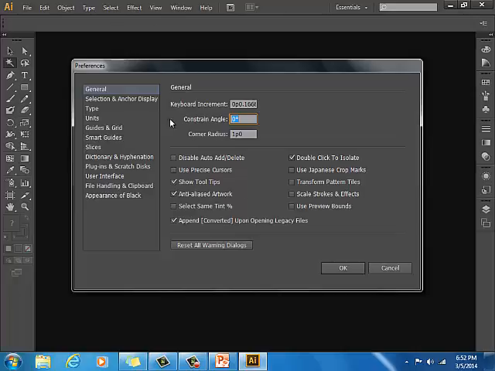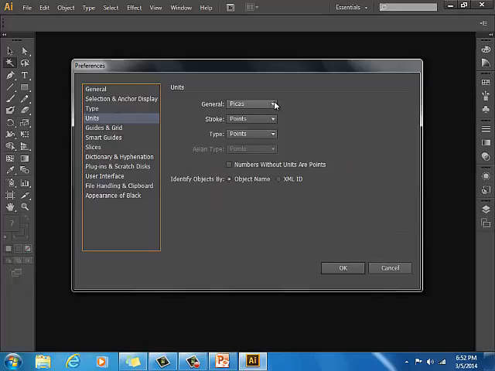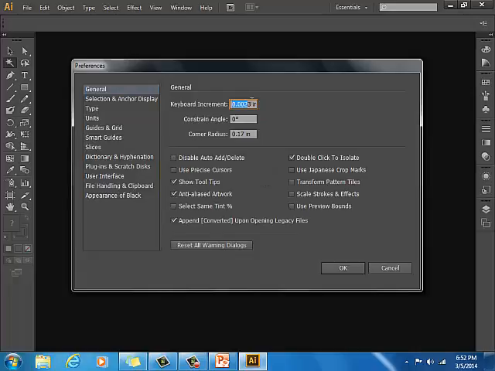Alright, let's see. Go to Units. Change your units to inches. Then go back over here and set this to 0.0139. Alright. Angle to 0. Corner radius 0.17. Okay, those options are correct. Scale Strokes and Effects needs to be marked. And then after we get that done,